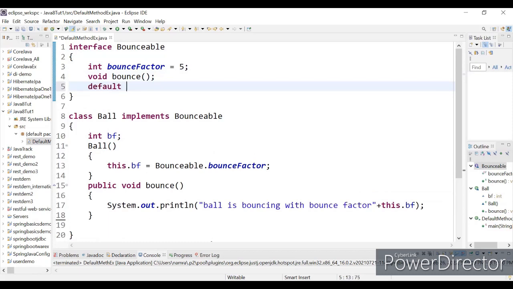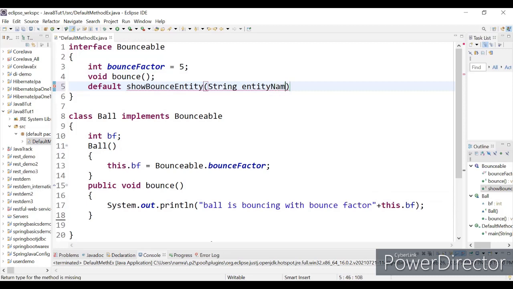Default show bounce entity. So I want to show which is the entity that you are trying to bounce. So we will take the entity name as an argument. Okay. Return type is what? Void.